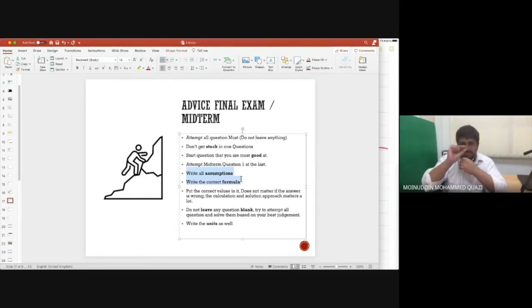You have the question, write the given data. Given data is, let's say, speed is 200 RPM, the tensile strength is 200 megapascal. Write the given data. Don't leave it blank. If you don't know the answer, no problem. Write the given data from the question: speed, RPM, tensile strength, the width of the product, maybe the cutting speed. Then write the formula. Apply the formula from the formula chart given. We will give you all the formulas in the exam, so just copy the correct formula. I'll show you in an example.